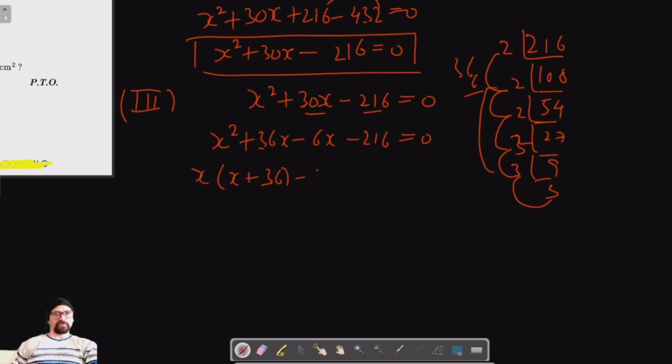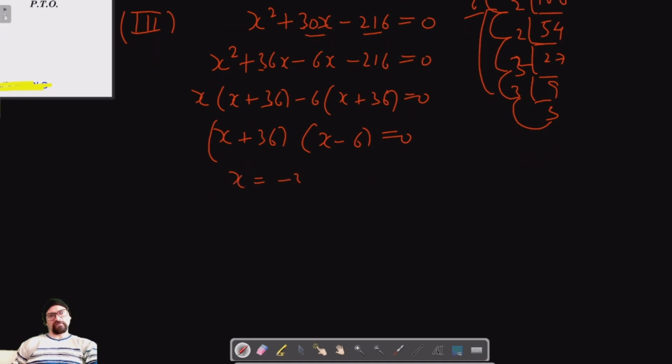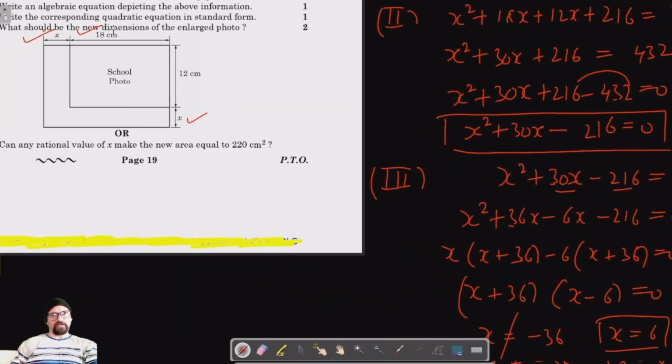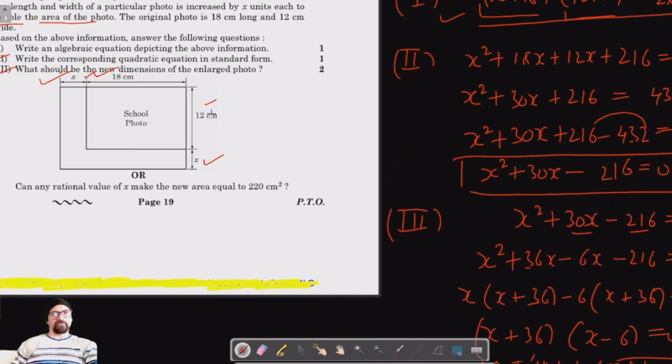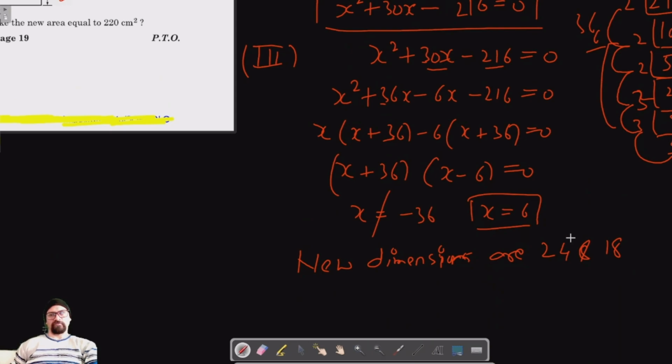So x plus 36 minus 6 is common, x plus 36 is equal to 0 or x minus 6 is 0, and x is equal to negative 36, which is not possible, so x is equal to 6. And let's get the new dimensions. So the new dimensions are 18 plus 6 is 24, and 12 plus 6 is 18. So these are the new dimensions of the photo: 24 centimeter